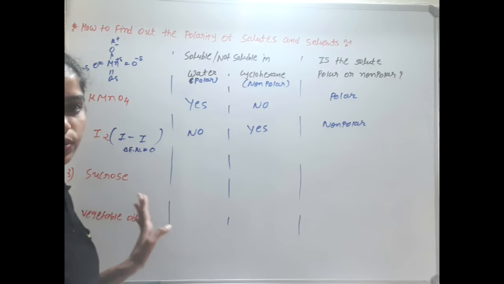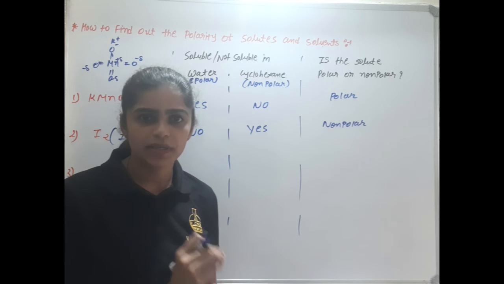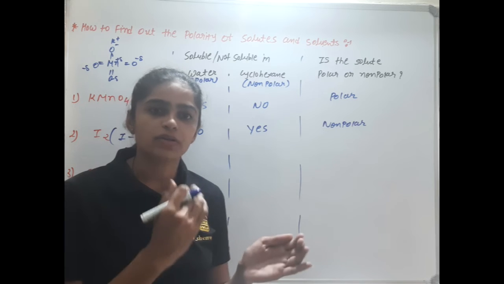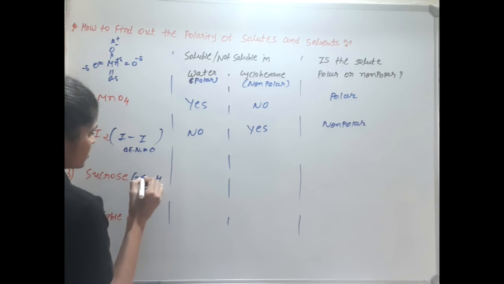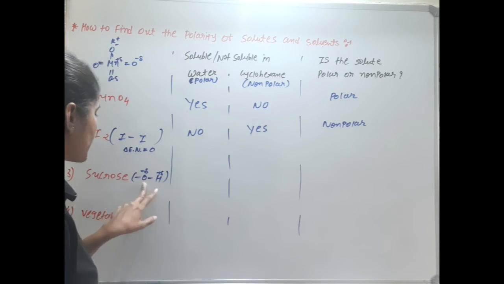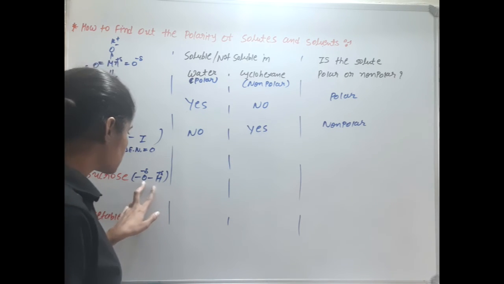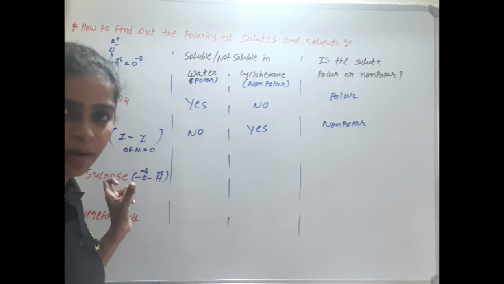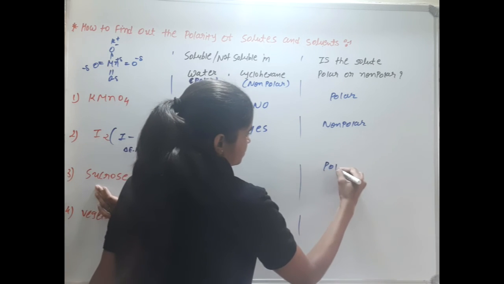Next is sucrose. In this sucrose, we know that an aldehyde group is present and OH groups are present, meaning hydroxyl groups are present. Carbon and hydrogen are also present, but the hydroxyl group is present. For this hydroxyl group, this is the minus and this is the plus charge. So in all hydroxyl groups there is a minus delta charge on the oxygen and a plus delta charge on the hydrogen. So an electronegativity difference is present in the OH bond. That's why this makes sucrose polar. So sucrose is polar.